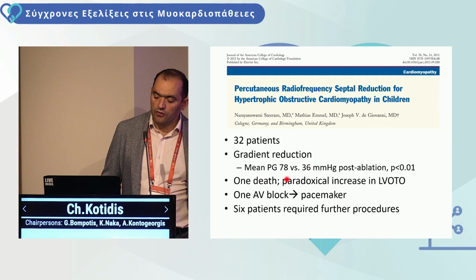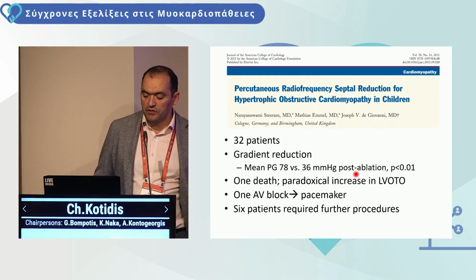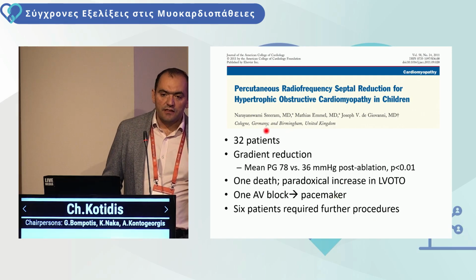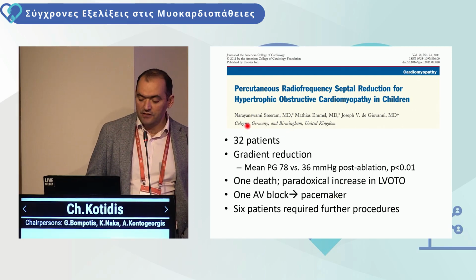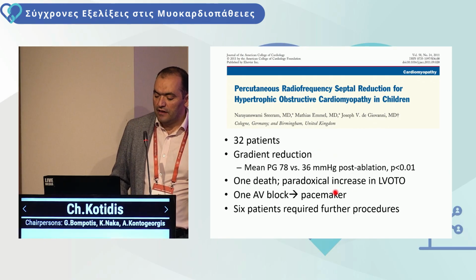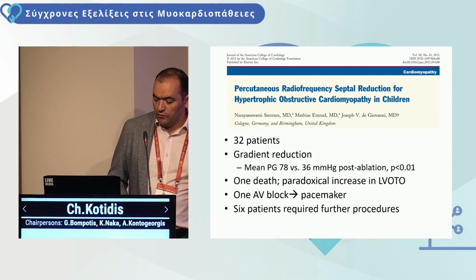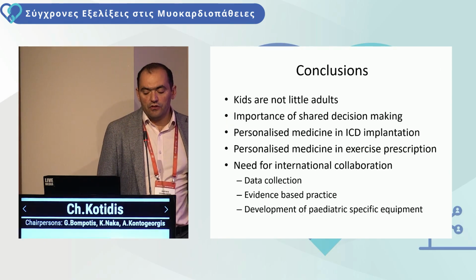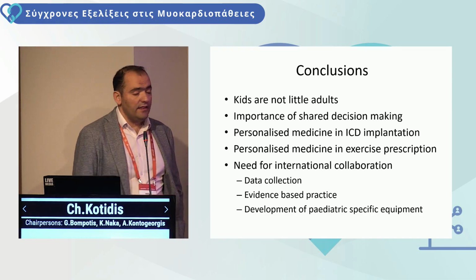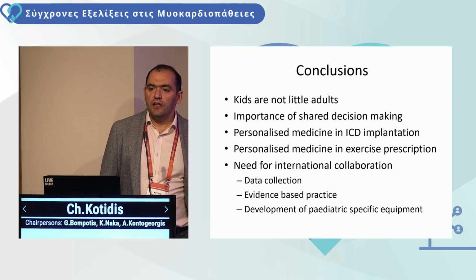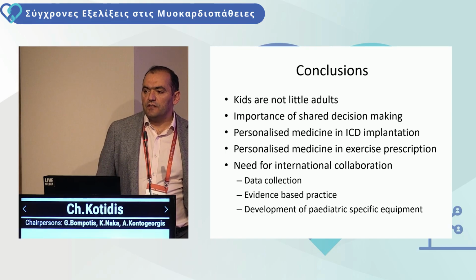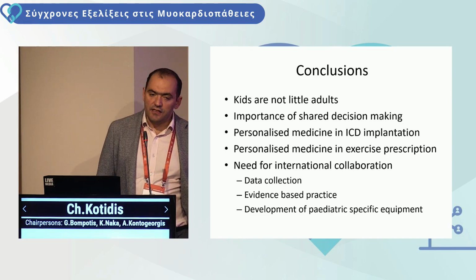One death occurred not due to procedural complications, but because of paradoxical increase of LVOT obstruction. One pacemaker, which is not an issue for these patients because they should have an ICD, and 6 patients required further procedures. So in conclusion, kids are not little adults, and there are certain specific considerations for them, and especially